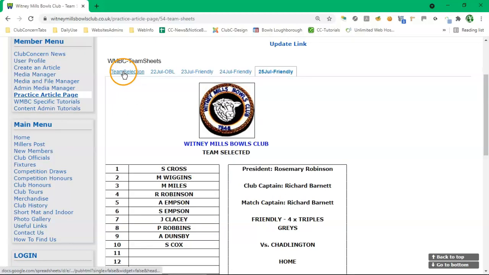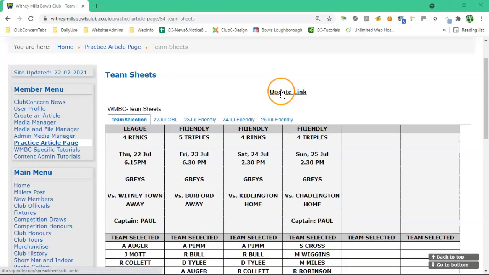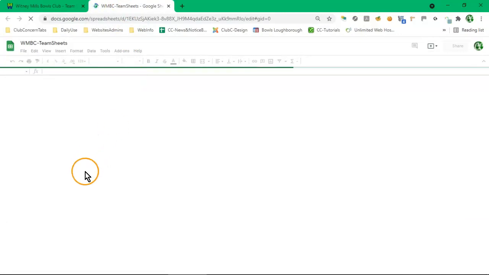Now, coming back to the team selection here, the next thing that we can do is we can actually go onto Google and have a look and see how it is done. The way to do that is to click on an update link, which will not be visible to anyone but to the administrator that will set up the sheets. So clicking on the update link will take us to the Google Sheet, opens a new tab on the browser. It'll take us to the Google Sheet,